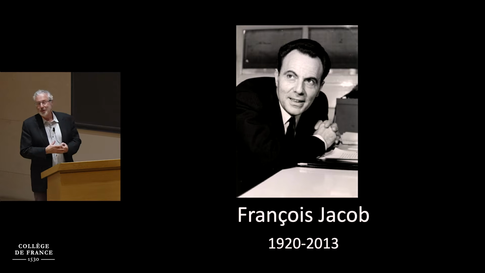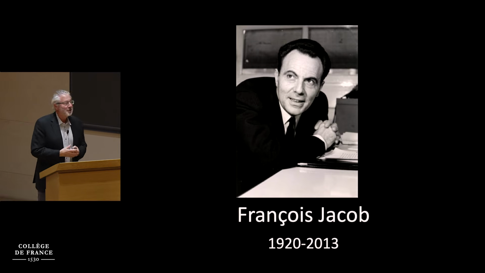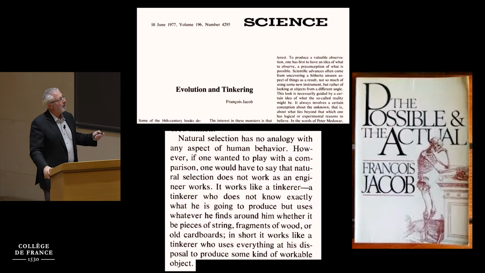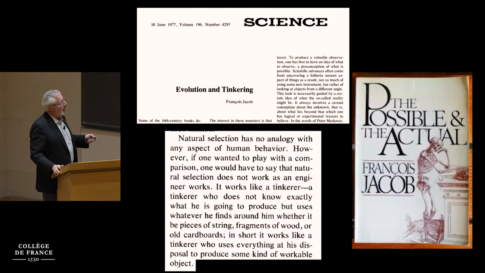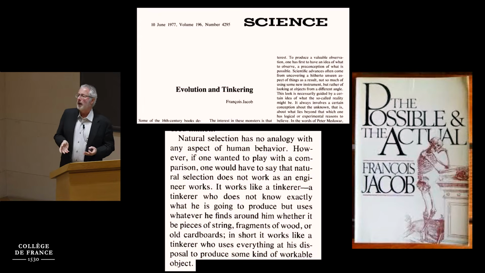And it's fitting I talk about this person in my final lecture here at the Collège, François Jacob. Jacob obviously was famous for so many things, but he gave a very influential lecture at the University of California at Berkeley in the late 1970s. And he restated that lecture at the University of Washington a few years later, and both appeared in different papers. The Berkeley lecture appeared in a Science paper, very influential, and the Washington lectures in a small volume, a small book. And he said something, I'm going to read what he said, because I think it's very elegant, and it's